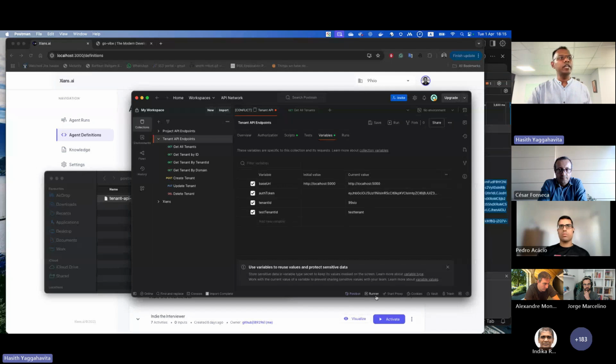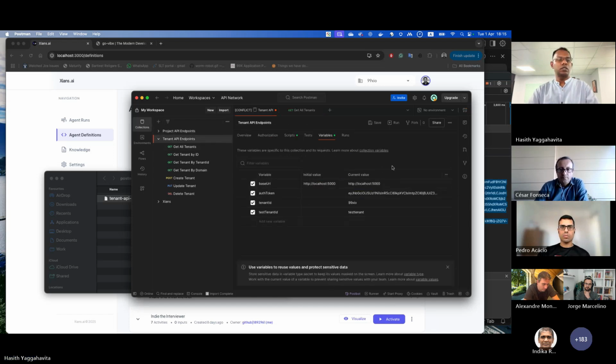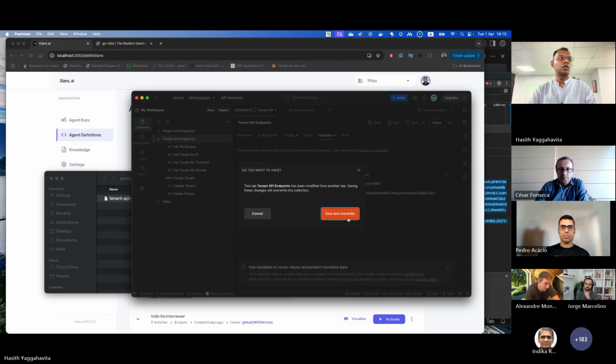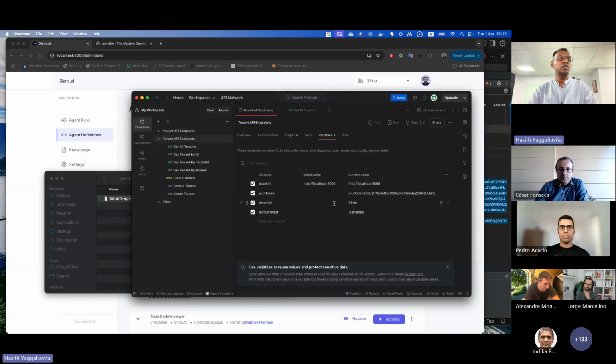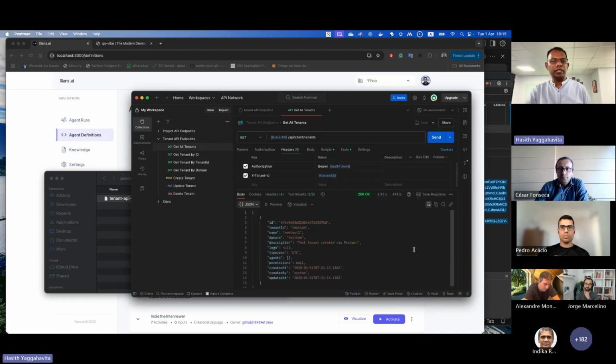Yeah, I probably can debug this one. Why the test suite has not got the X tenant ID is tenant ID. Probably I need to save this one. Save and override 99xIO, get all tenants, send a request. Yeah, of course, right. You can see now I can actually